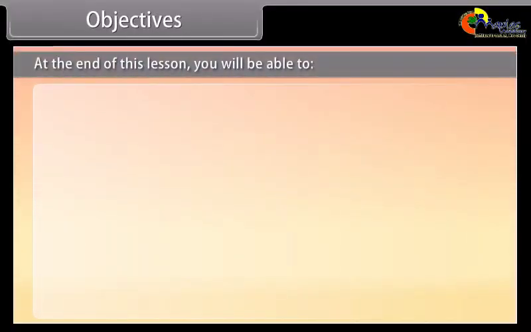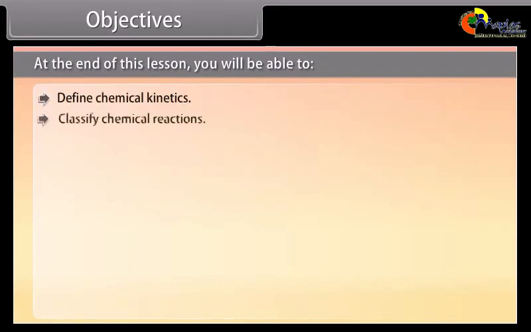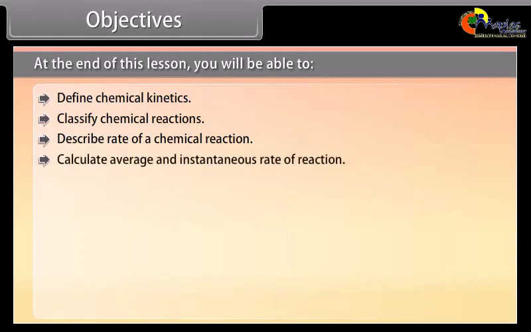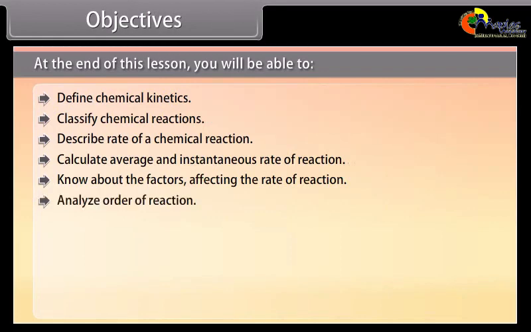Objectives. At the end of this lesson, you will be able to define chemical kinetics, classify chemical reactions, describe rate of a chemical reaction, calculate average and instantaneous rate of reaction, know about the factors affecting the rate of reaction, analyze order of reaction,